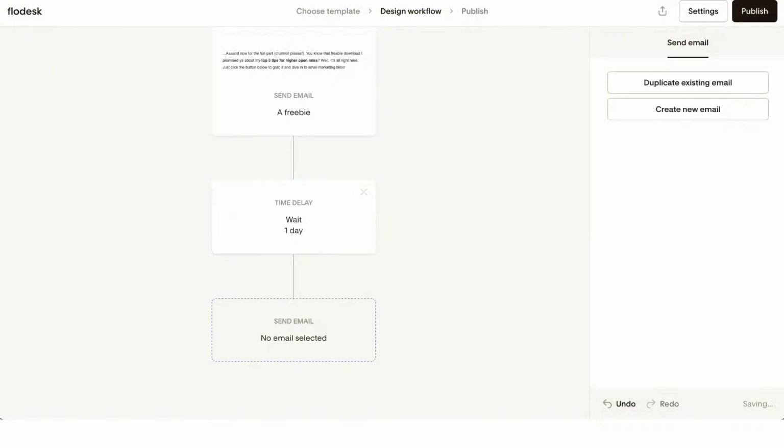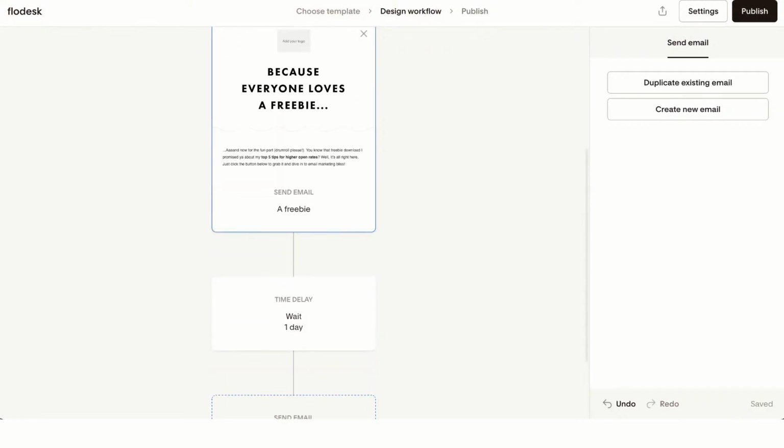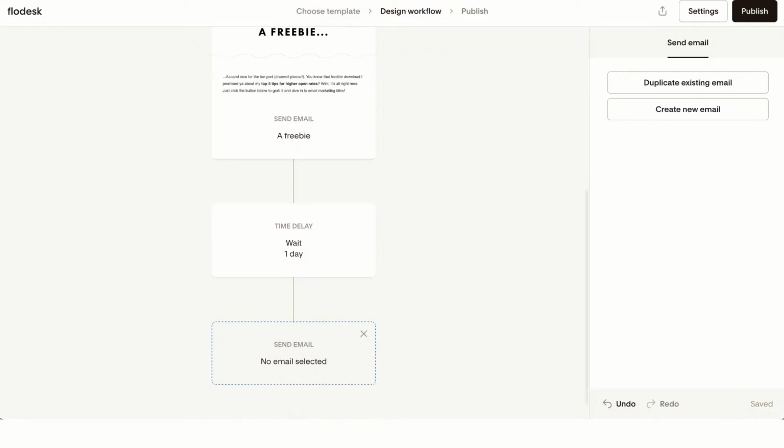Yes, delete, because I want to email. Okay. Duplicate, create. No. I want to do another delay. And then I'm going to do a delay. There it is. And then I'm going to send this second email down here. Now, then I could funnel them into one nurture sequence, which I feel, for my use case, would be a